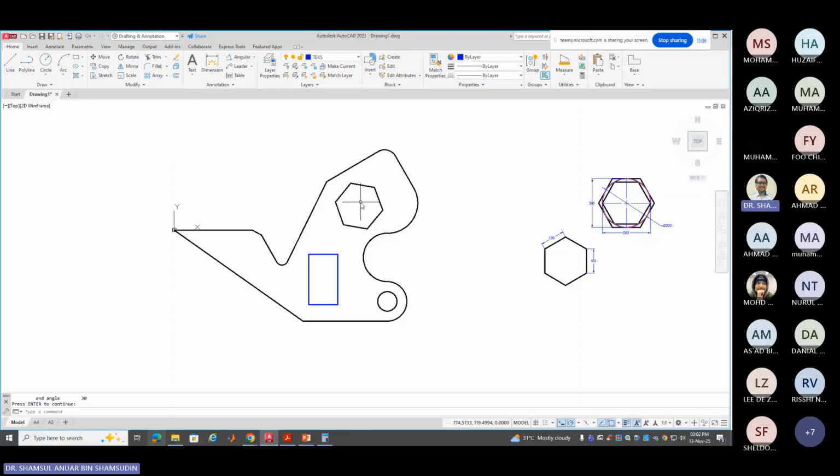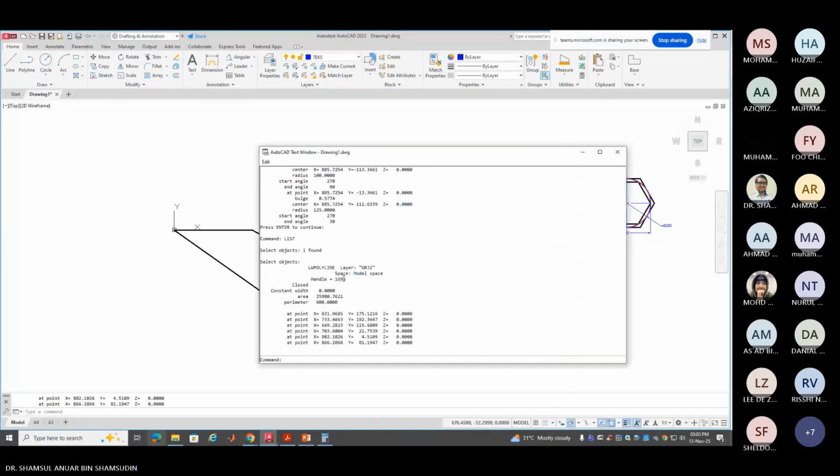or maybe something that you already know. So we know that this is 100 on each side. So by right, the length of this thing should be 600, six-sided. So if I type list and click on this one and hit enter or space bar, the perimeter should be 600, and this is what is shown, and the area is also calculated for the hexagon. Okay,